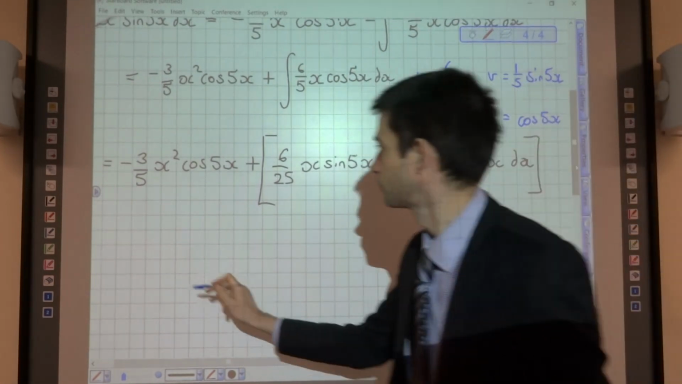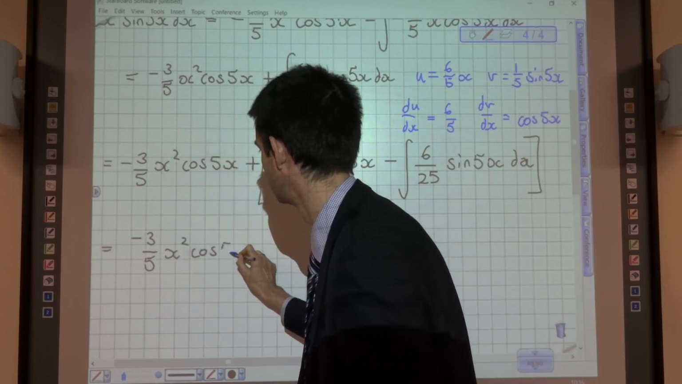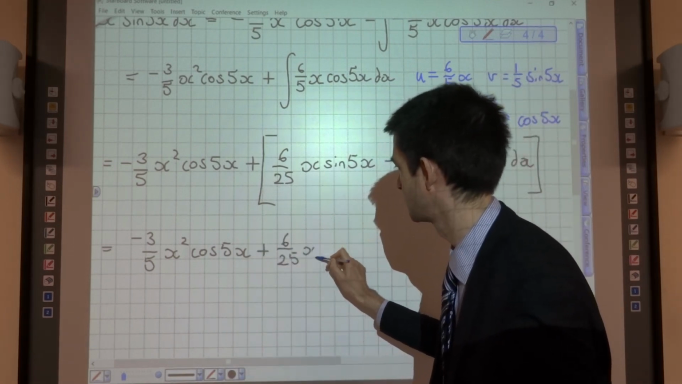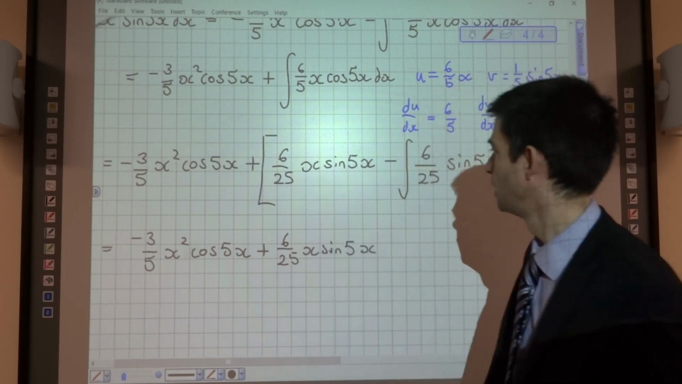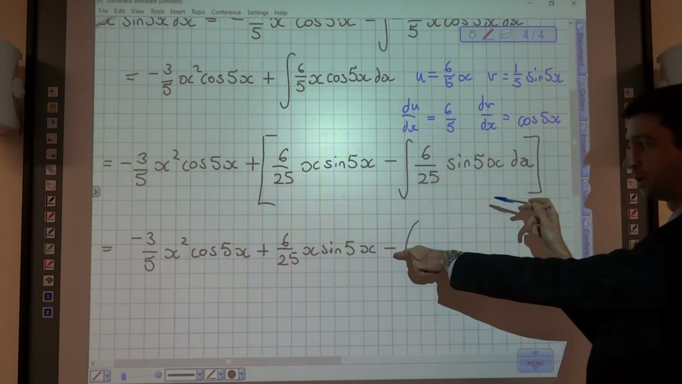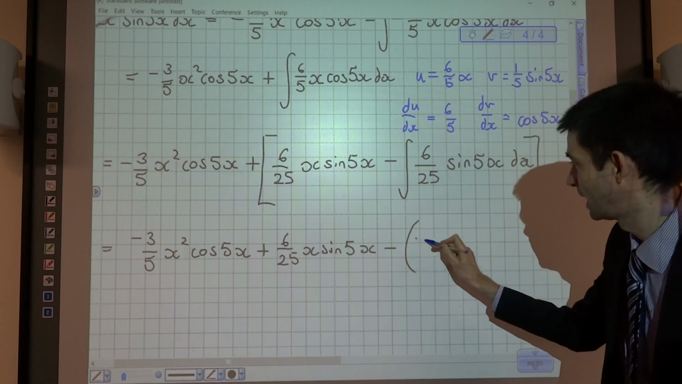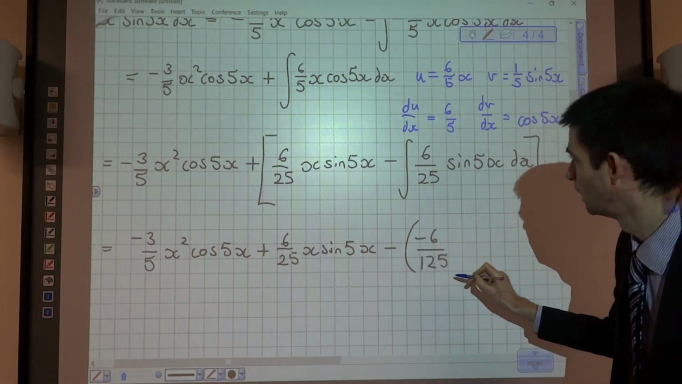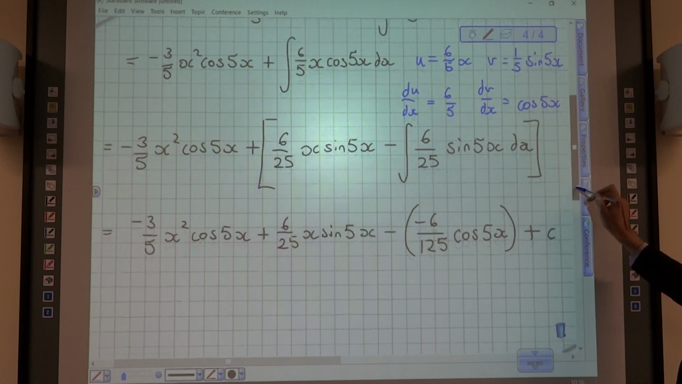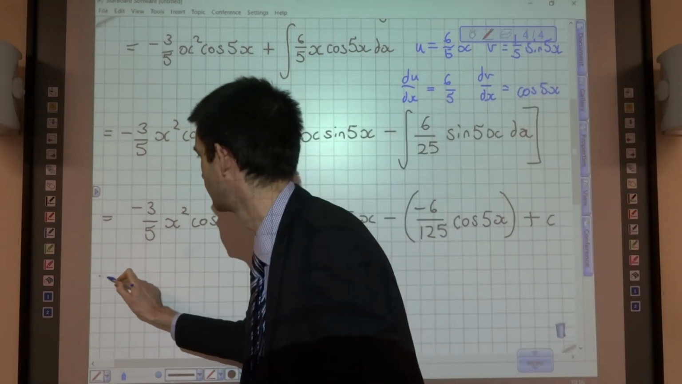Okay, so here we go. Negative 3/5 x squared cos 5x plus 6 over 25 x sine 5x minus the integral of 6/25 sine 5x. Now, I've put a bracket here because we've just got to be careful. Sine is going to integrate to negative cos. So what I'm going to get is negative 6 over 125 cos 5x plus c. And I just need a final line where I show that subtracting the negative, that's going to go to positive. So my final result,